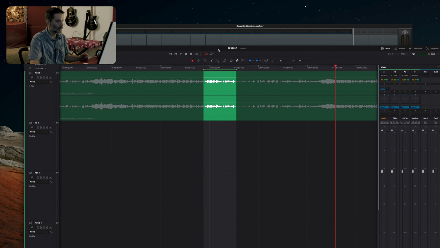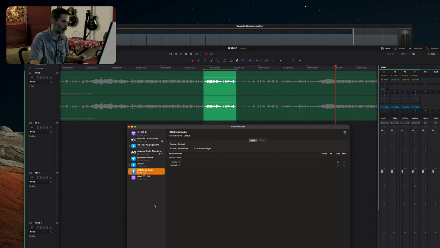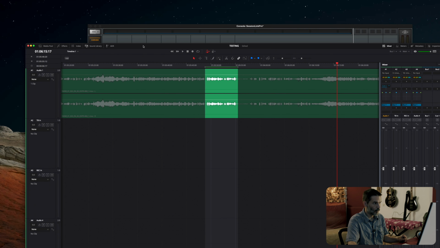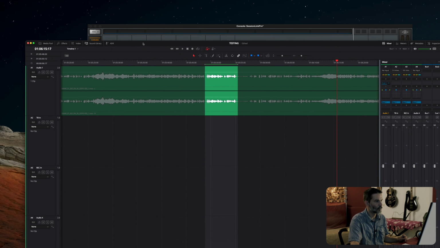So if you encounter this problem and all of a sudden your patching isn't correct, either you have to repatch or make sure that your audio MIDI setup is the same way as you did when you set up the session. Now, I also want to show you another issue, and this is probably intended, I'm not sure, but